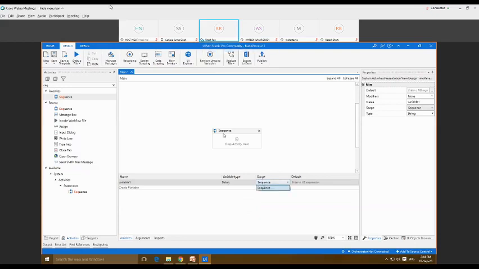Since this file is the sequence file, the scope of this particular variable will be sequence, because we are working in this sequence file. And the 4th field is the default field, which is basically used to provide the value to our variable. It is used while working with the integer, or number type of variable, where if you want to provide any value to that number variable, you can provide any default value. Otherwise this default field will be left.